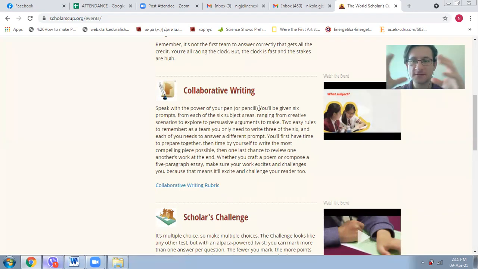At first, you will have some time to prepare together. This event usually lasts for an hour and a half, even. So at first, you will have time to brainstorm, to in a way help each other how to set up the text, and then you will have some time to write your own thing. I'm not saying essay because you're not supposed to write only an essay. And then once you finish writing it, you will have one last chance to just get together again and see if everything is okay. The instructions over here read: whether you craft a poem or compose a 5 paragraph essay,